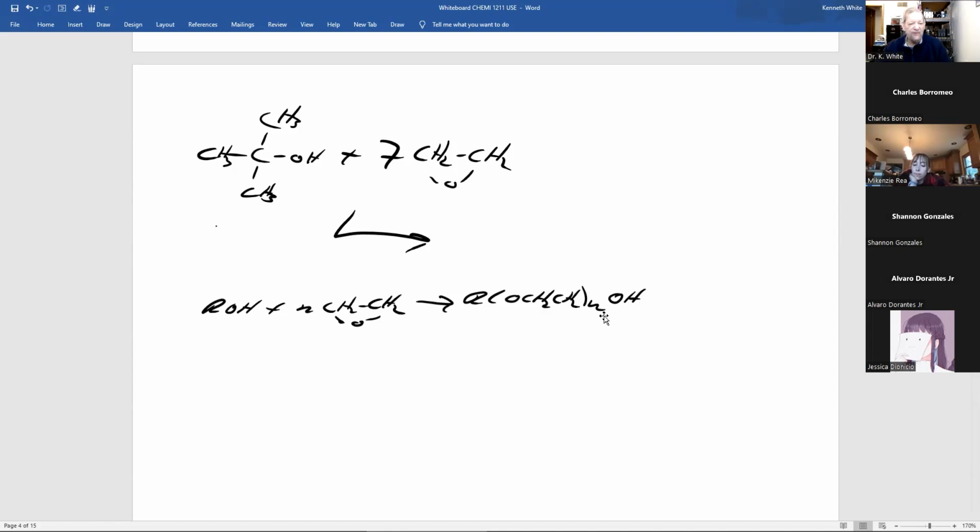All right, let's go ahead and do this. You look for what's different, what's not carbon, what's not hydrogen. What's that, a carbon-carbon single bond? Should have gotten your attention like that. Oh, we've got an alcohol. Hydroxyl group on a carbon. And I'll call this R. And we have 7 N moles of ethylene oxide. And you get this polyether alcohol.